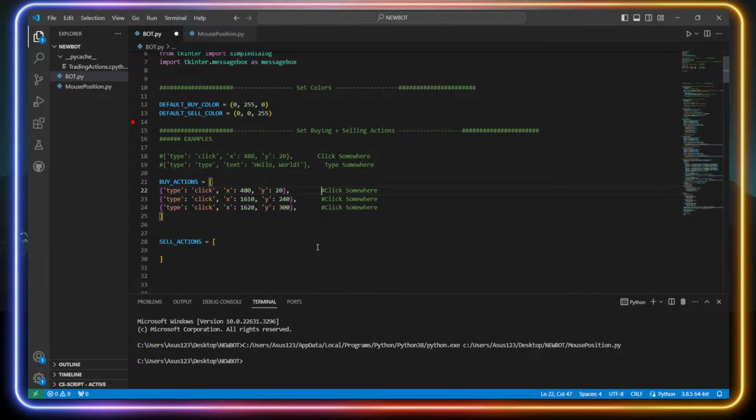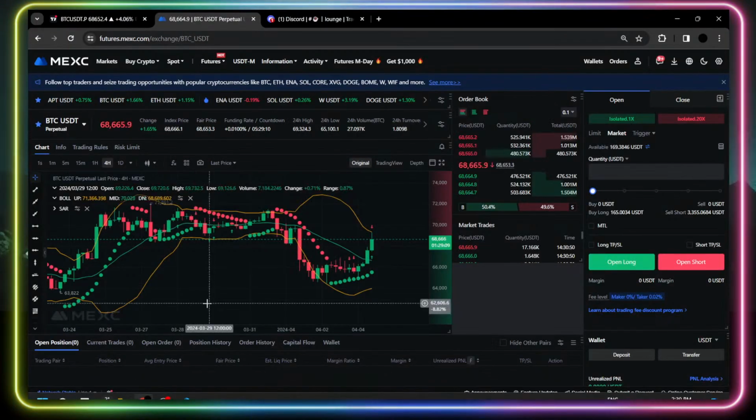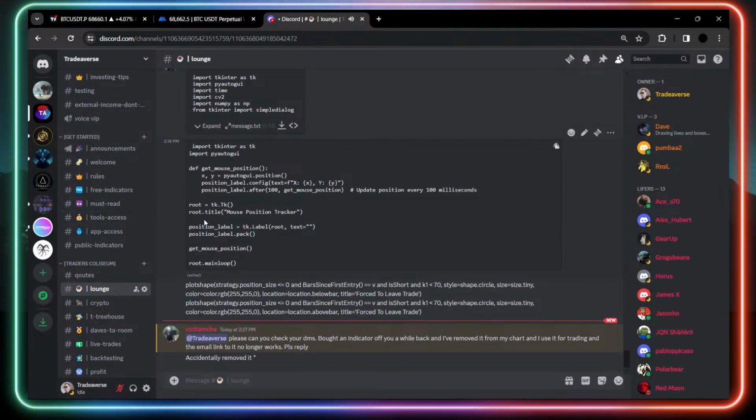So let's say you're opening MEXC, but it takes half a second for your computer to open it. If you don't set a delay in between this, it's going to make a click like every 0.1 seconds. So it's going to finish the whole sequence of everything it needs to click before your MEXC or your Binance or your KuCoin even opens. So what we need to do is actually add a delay, which is going to pause this from happening. It's going to click, it's going to wait 1 second, it's going to click, it's going to wait 1 second, so on and so forth. So in order to do this,